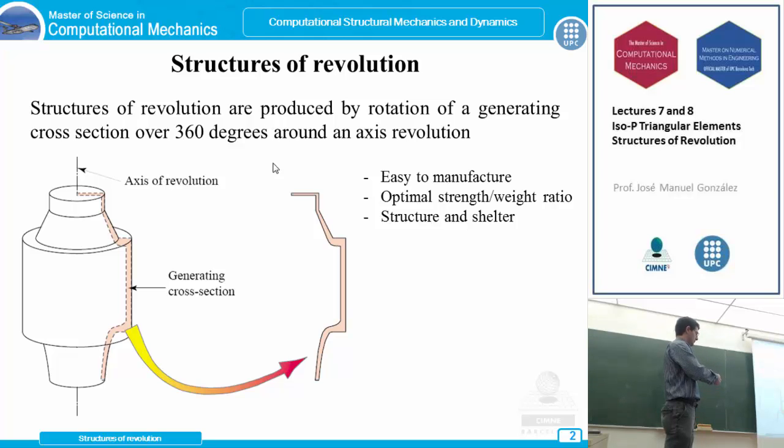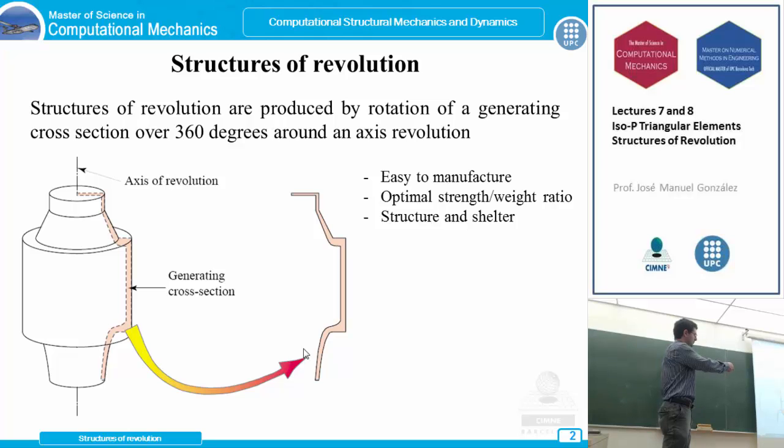So it's not strange that you find something that you can simplify using this cross section, which involves much less computational cost than a 3D simulation of the whole revolution body, and you can find similar or proper conclusions just simulating this cross section and extending the results and the conclusions to the whole body. Okay,